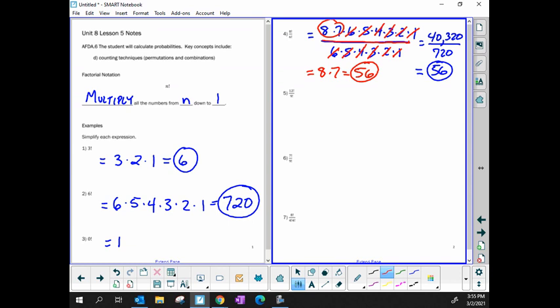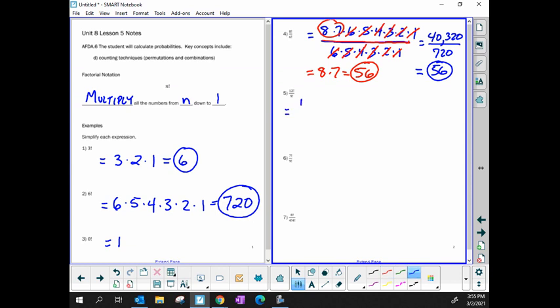Okay? So if you look at problem number 5, 12 factorial divided by 9 factorial, that 12 factorial is going to be an enormous number. 9 factorial is going to be really big in its own right. And then you have to divide those really big numbers. So the way that I would do it is